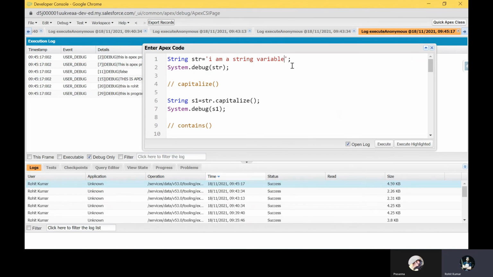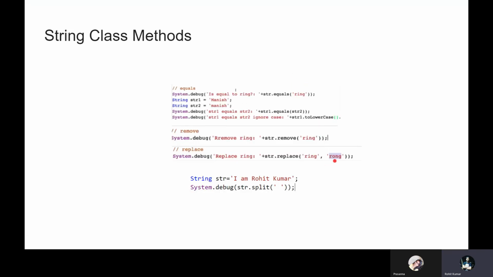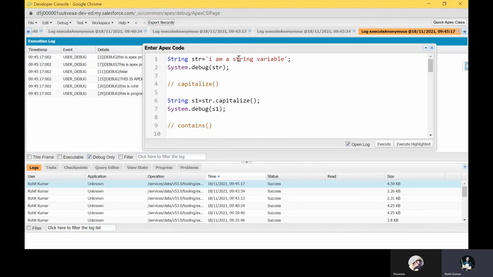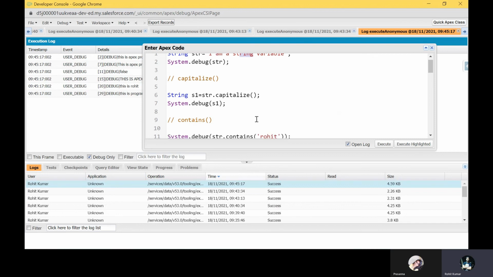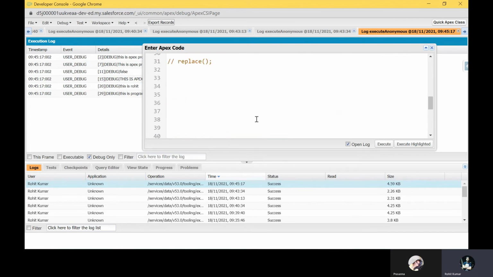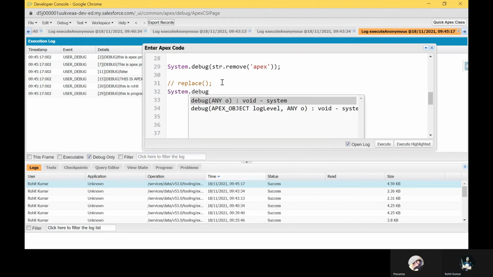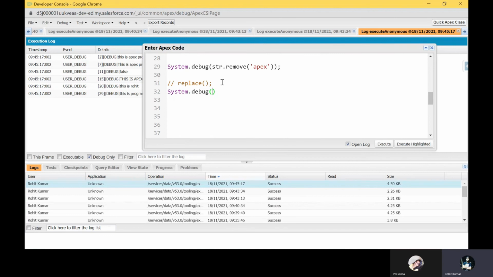Okay, so let me change this ring to rong. In the string you can see ring. I want to replace this ring with rong, as in strong. So how to do that? You can use the replace method. Under system.debug, you have to write str.remove method.